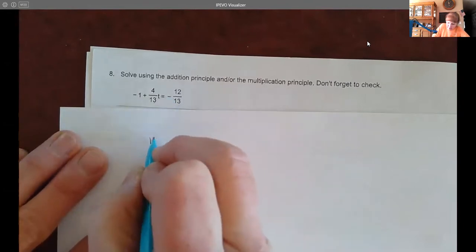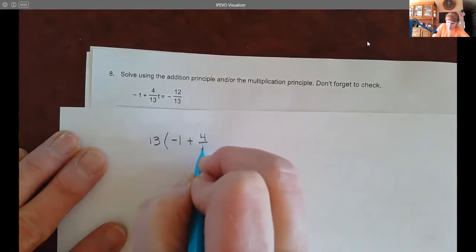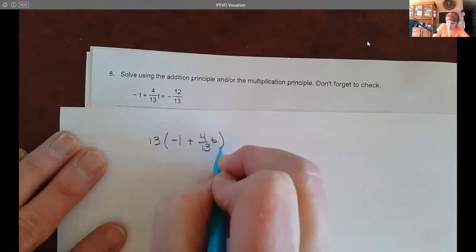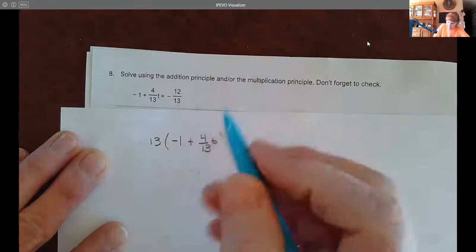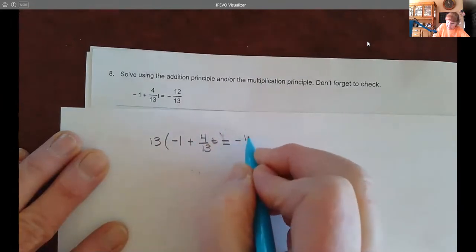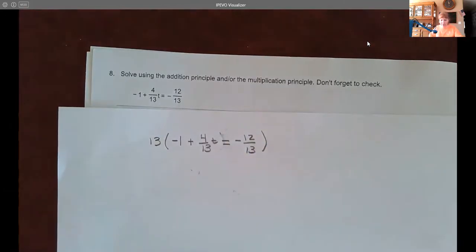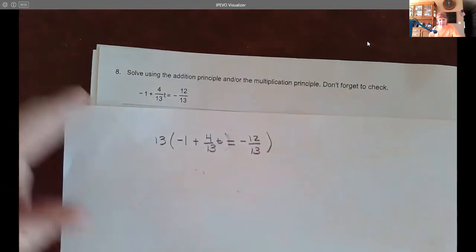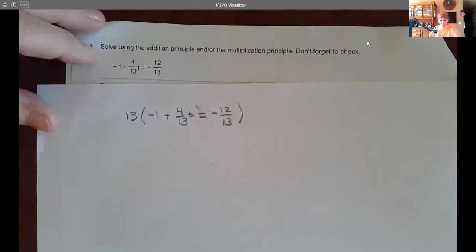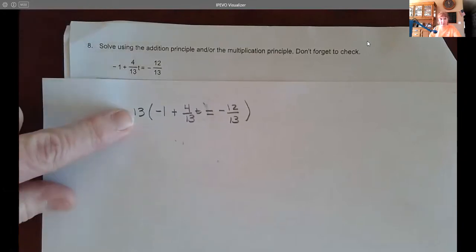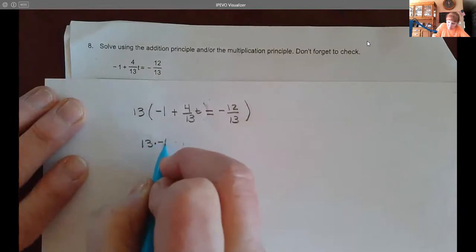So I'm going to take 13 times a -1 plus 4/13t. Oops. I'm just going to put it around the whole thing. Equals a -12/13. So I'm going to be multiplying by 13. I hope that idea, if you're having trouble coming up with what we're multiplying by, please contact me and we can kind of go through it and give you some ideas or some strategies on how to come up with this number here. So we're going to take 13 times a -1,